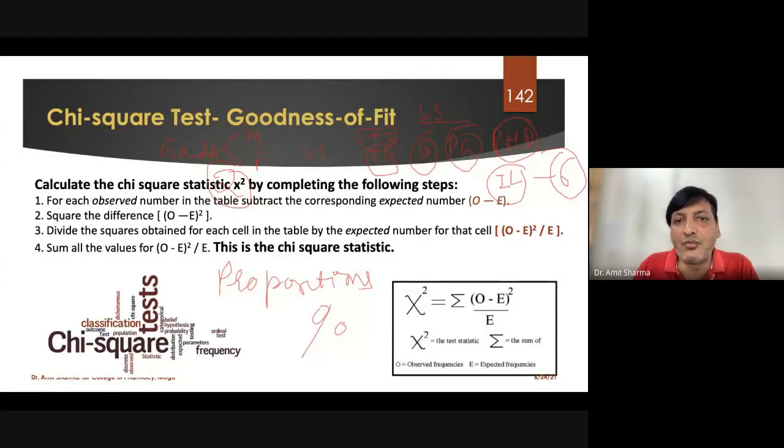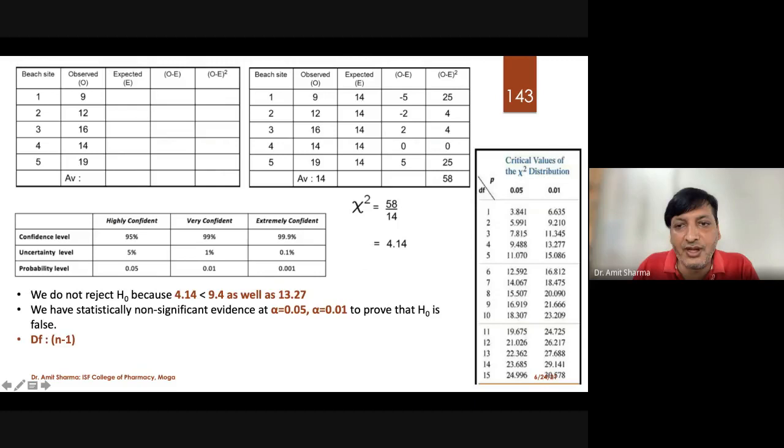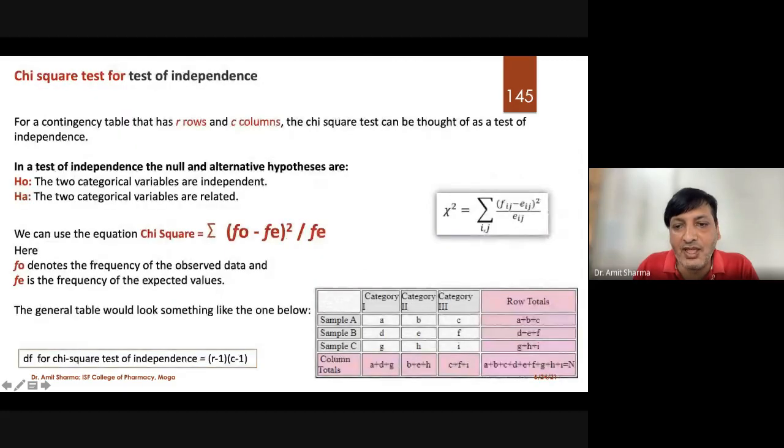So categories we are not bothering about in case of goodness of fit. Whatever example I have written here, that is 2 categories under gender and 6 categories under literacy status. So the test will be called 2 by 6 or 6 by 2. In case of chi-square test, test for independence, we have to make a contingency table. I'll let you know what the contingency table means. This will be called a contingency table, where we have to bother.